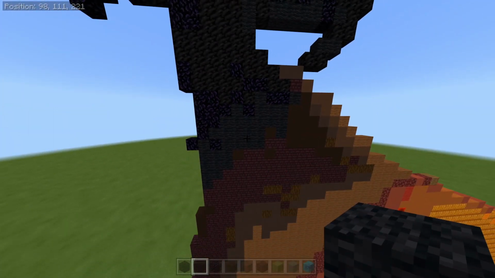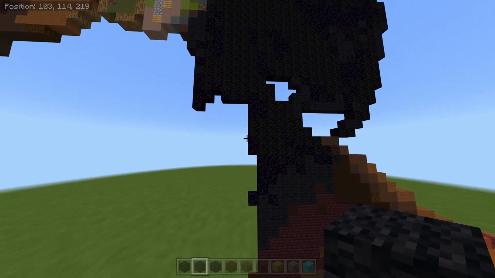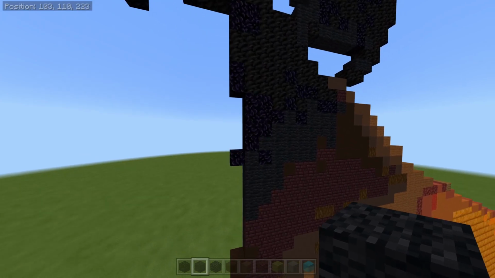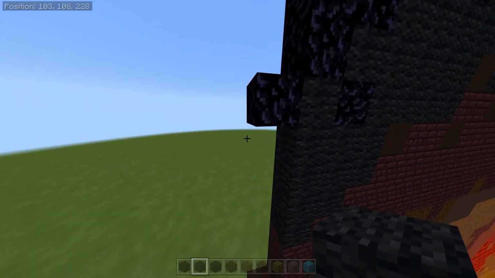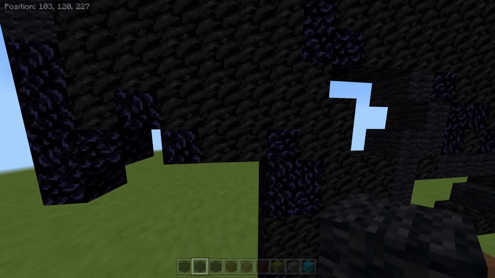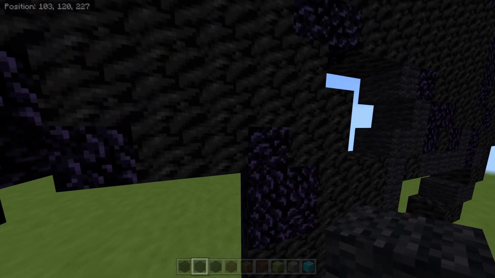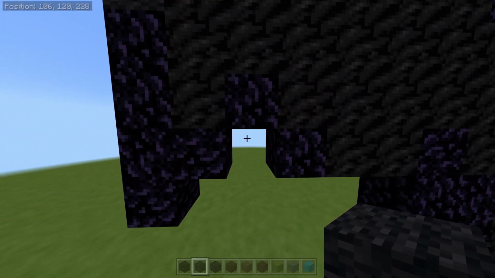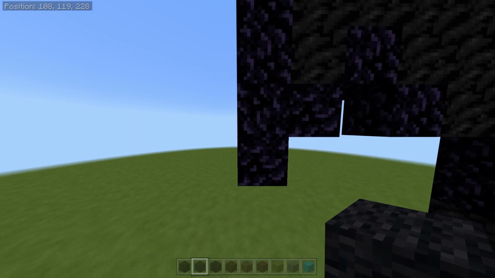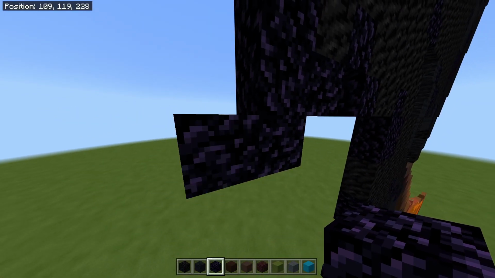Like so. I'm doing the spaces around here on camera to make sure you don't fill in the wrong space, because this is pretty... yeah. Anyway, you are now going to come up here where you've got these 3 blocks, and then come across to the left where you've got these 4 blocks of obsidian, and on the left of those 4, so right there,